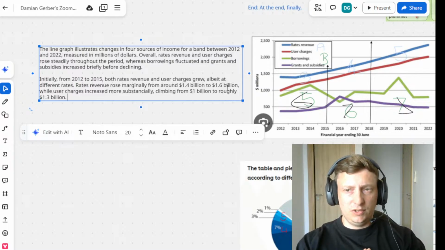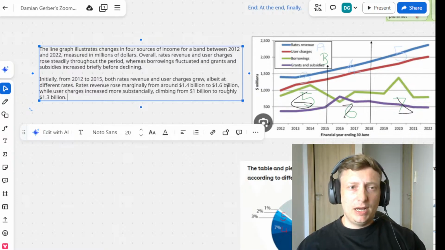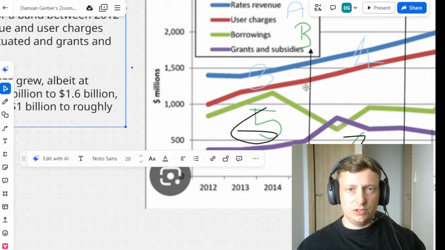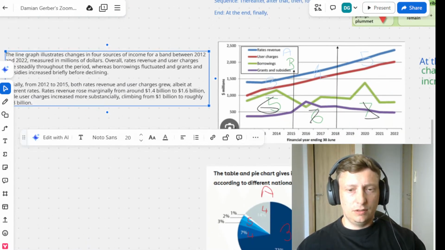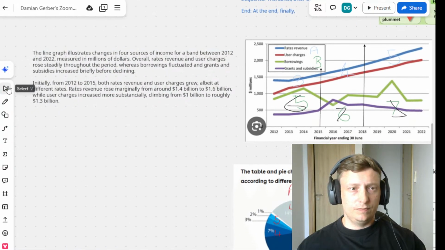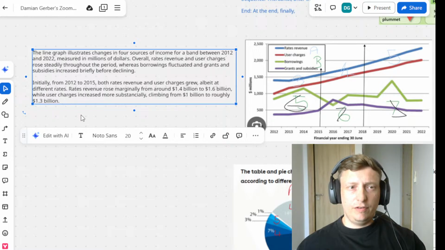Okay, done. To be honest, when you're using these words like roughly, around, about, approximately, it doesn't really matter too much if you are super close, right? So if you put 1.35 here, or 1.3 or 1.4, it's going to make absolutely zero difference to your score, because it's quite difficult to tell what exactly the exact number is here. Okay, let's scroll this over a little bit. And now we're just going to follow that exact same process throughout.